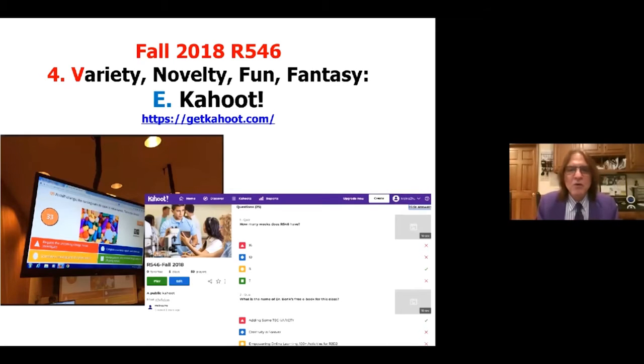But this guy in Norway built Kahoot. Kahoot is a really nice tool. It lets you do quizzes after you do some training. You can have competitions, and everybody has a name, and the faster they respond, the more points they get if the item is right. The students get really excited, and they want to have their picture under the computer screen if they win. So try Kahoot out. It's a simple tool to have multiple choice questions and true and false and other things for just review. It's a review tool.